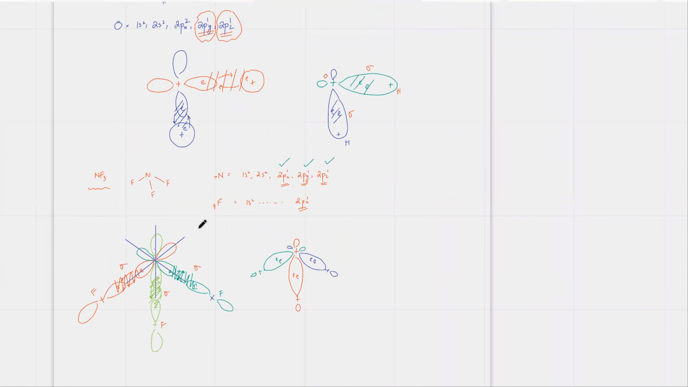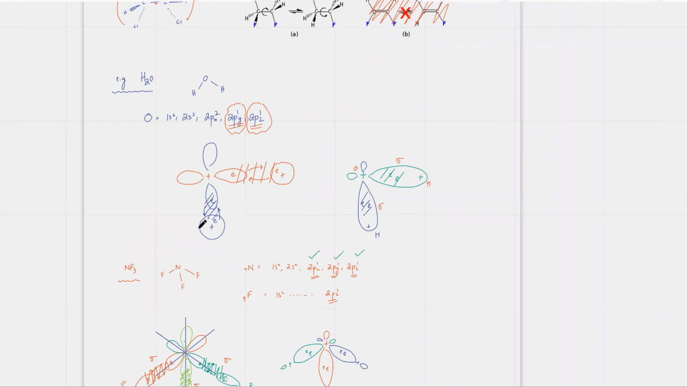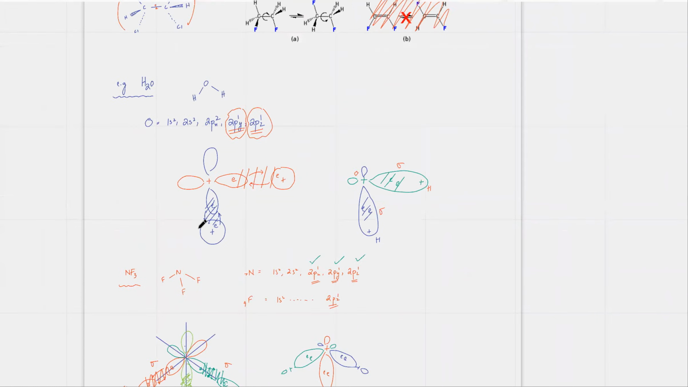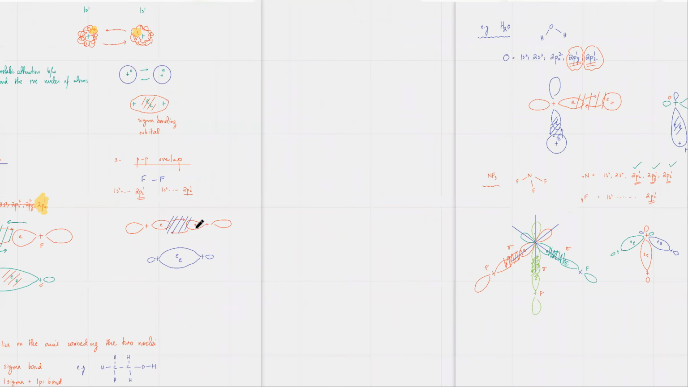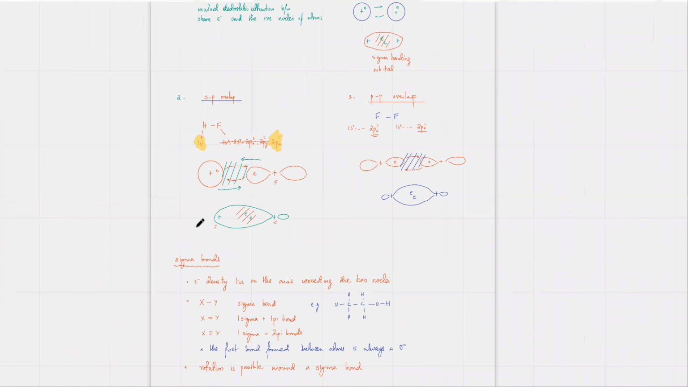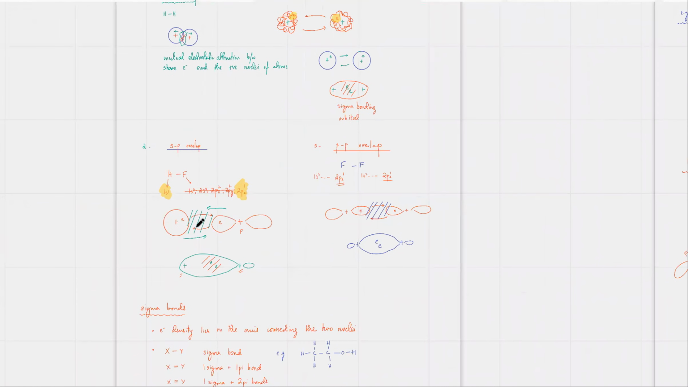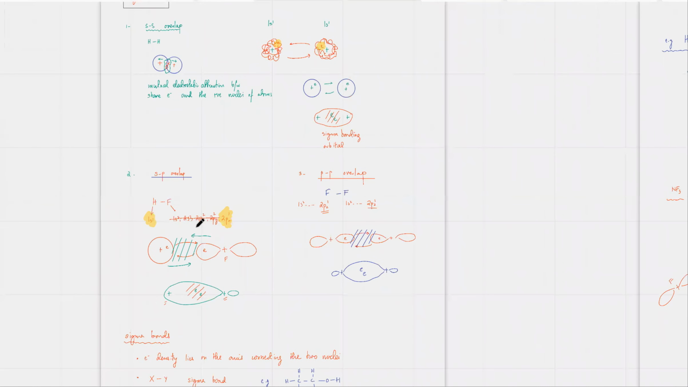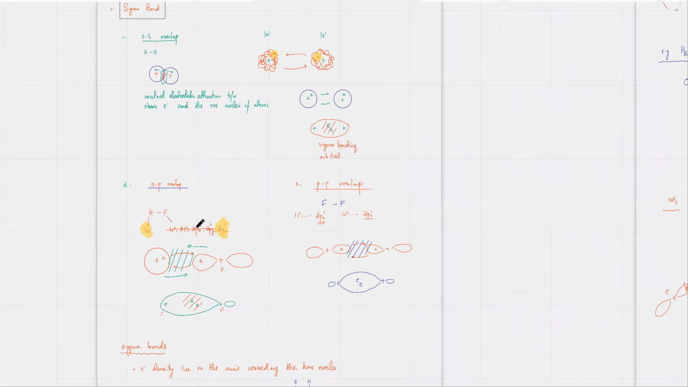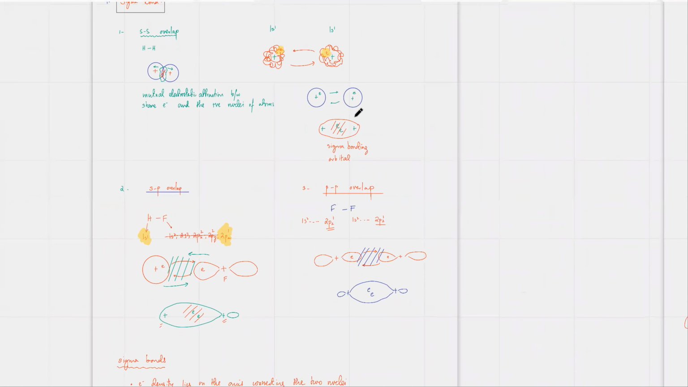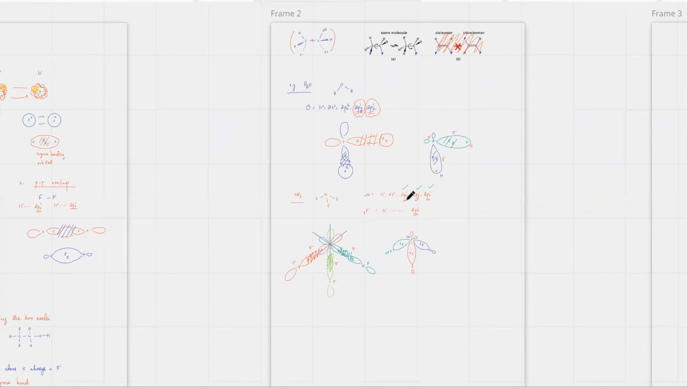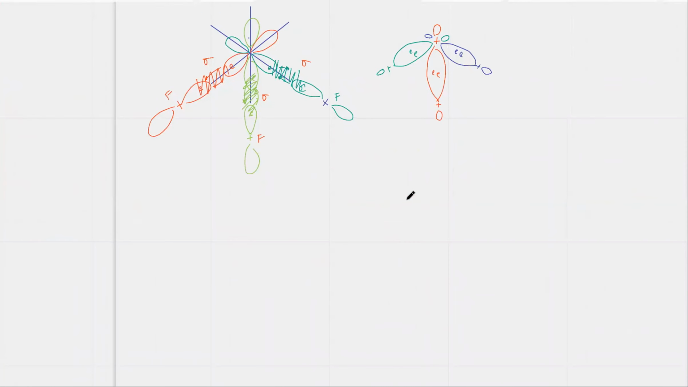So three different sigma bonds are formed, and what you're most likely going to get a question on is this thing. They'll just ask you to draw just one type of sigma bond. You just have to figure out whether it's an S and S overlap, or an S and P overlap, or a P and P overlap. For example, if they ask you to draw one sigma bond of an HCl molecule,